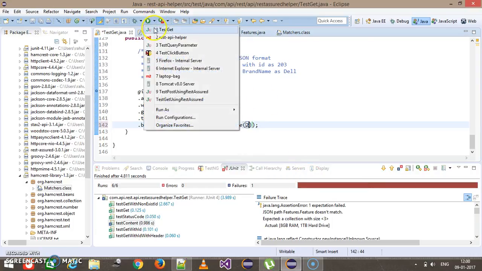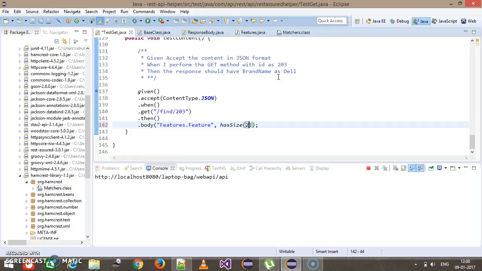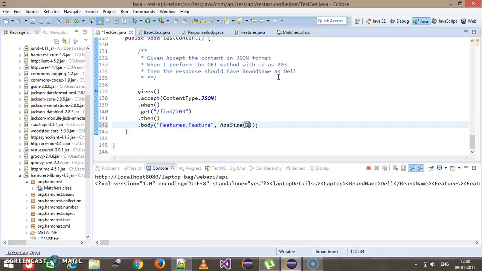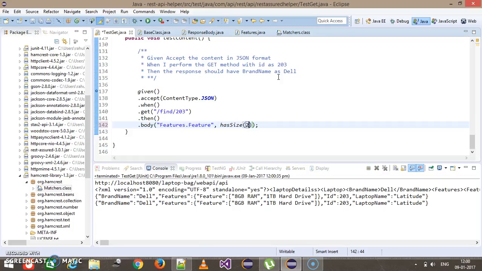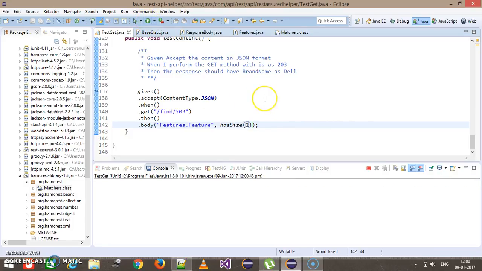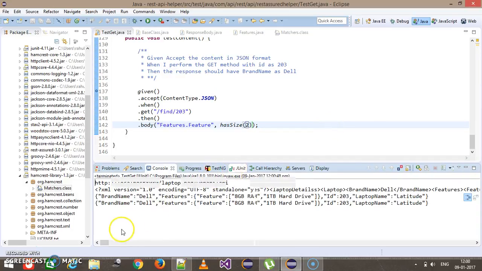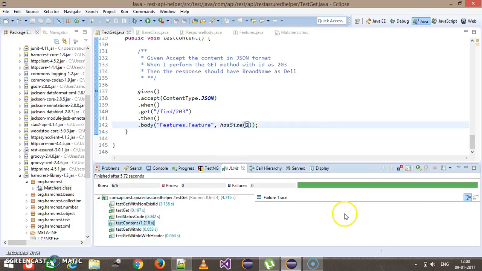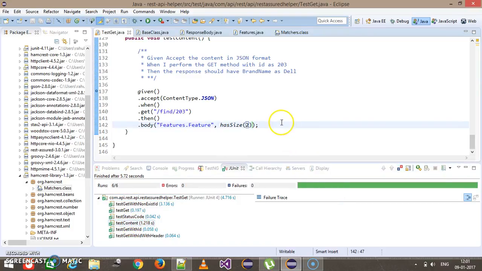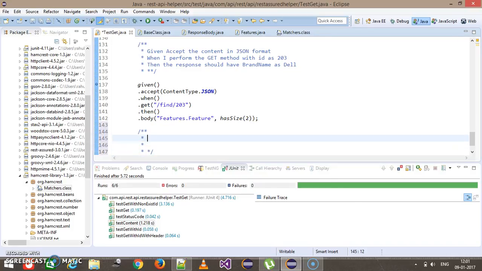And this time our test method will get passed. Okay, I forgot to save it. As you can see here, the test method is getting passed. So these are the methods which you need to use while validating the list in the response, that is has item,